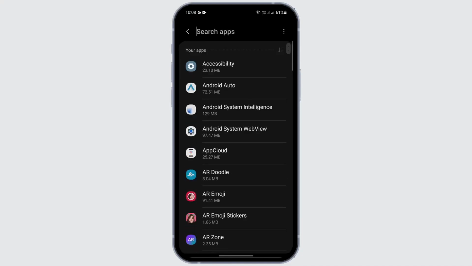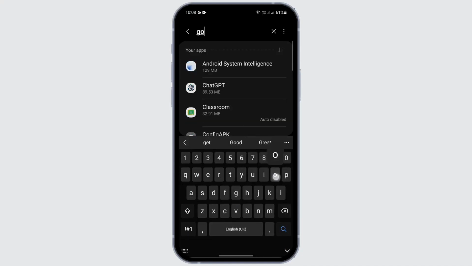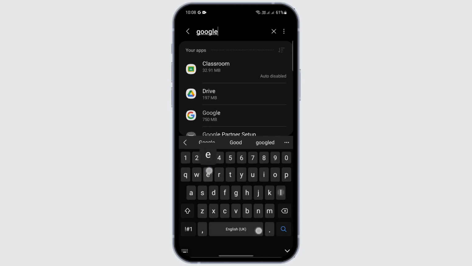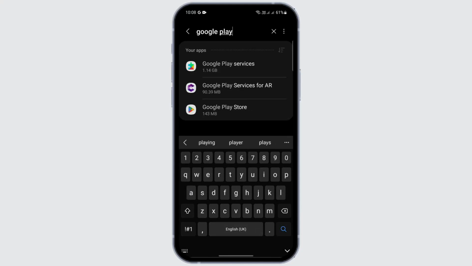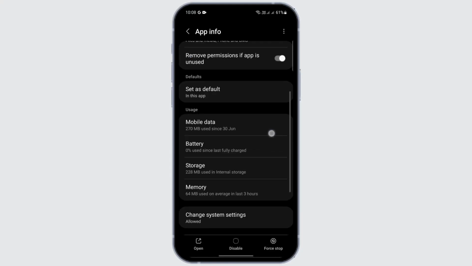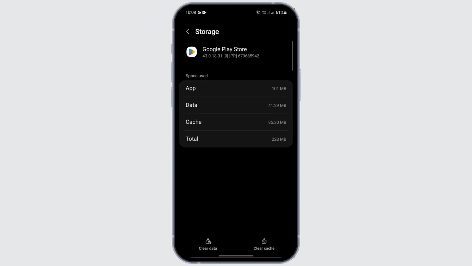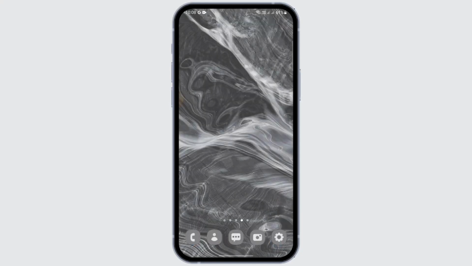After getting back, this time I want you to search for Google Play. Search for it. Play Store, just tap on this option, and here go under storage, and here tap on clear cache. After tapping on clear cache, that should most likely fix your issue of your checking info problem in your